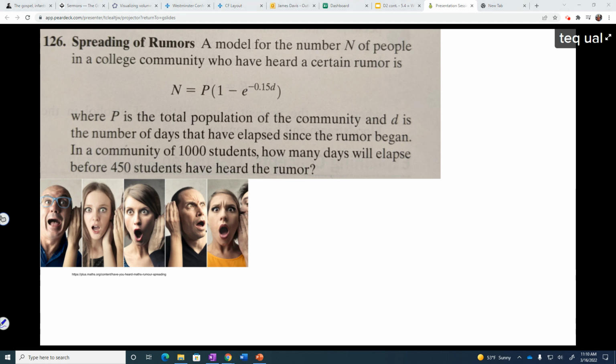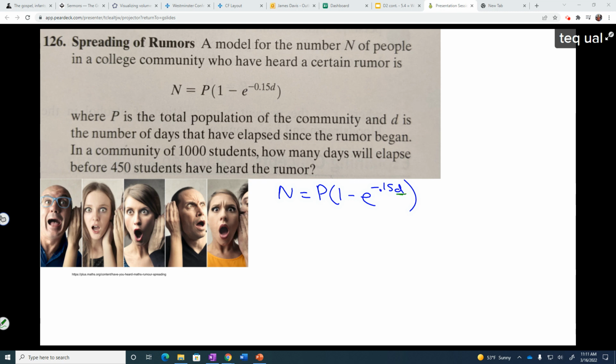All right, so on all of these, when you're solving them, make sure you write out the equation. As always, a good first step. Write out your equation. Then figure out what we're trying to find. What's the variable we're asked to find here? Right, D, because it asked how many days, so we're going to be solving for D,